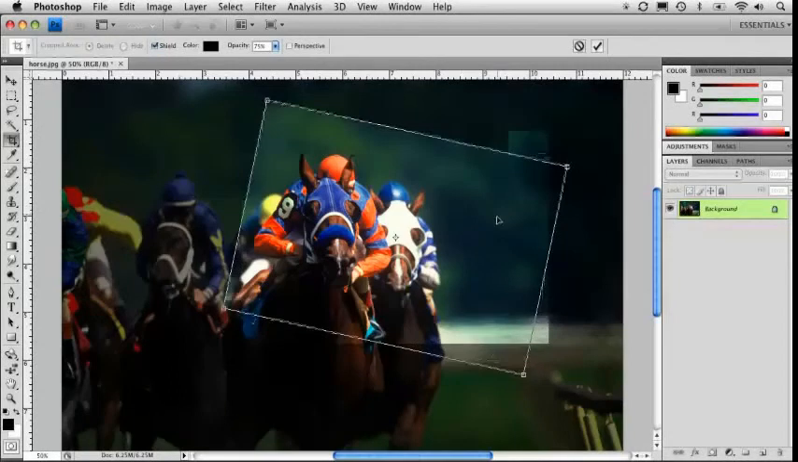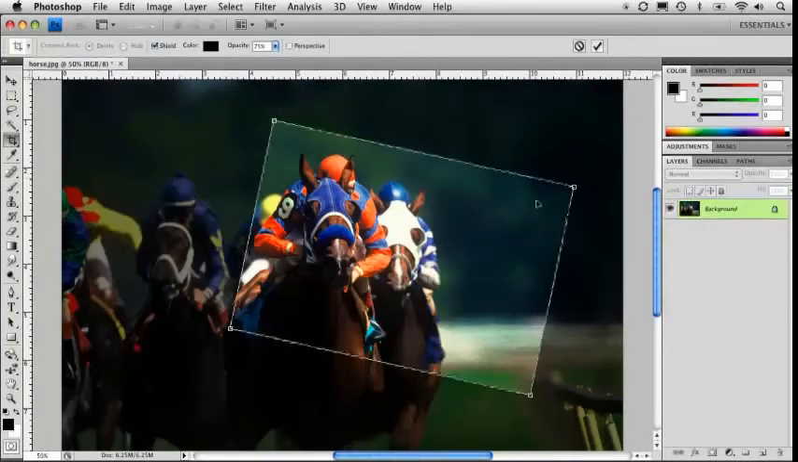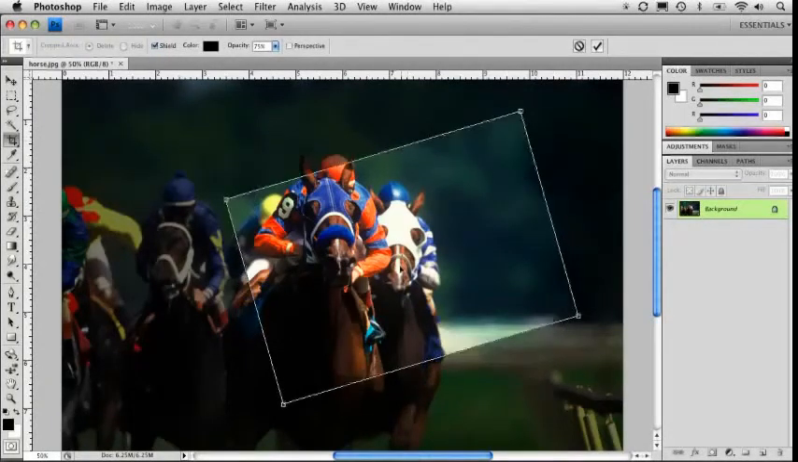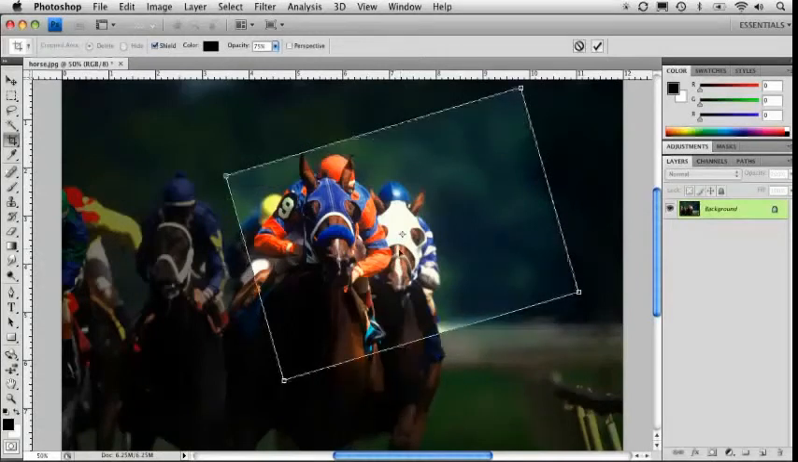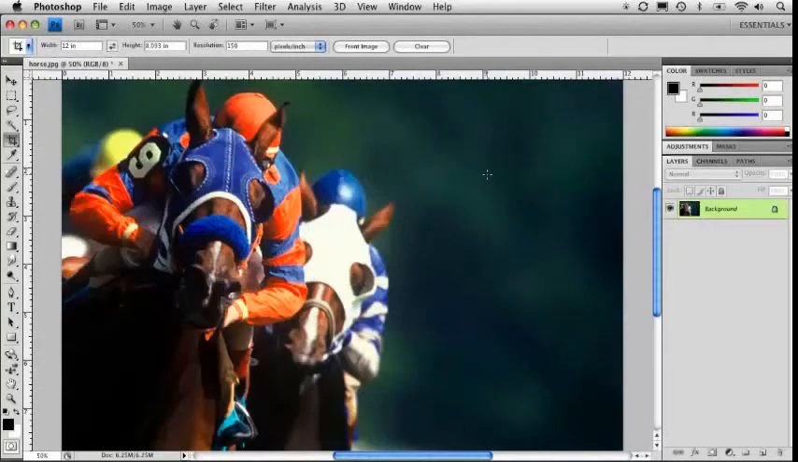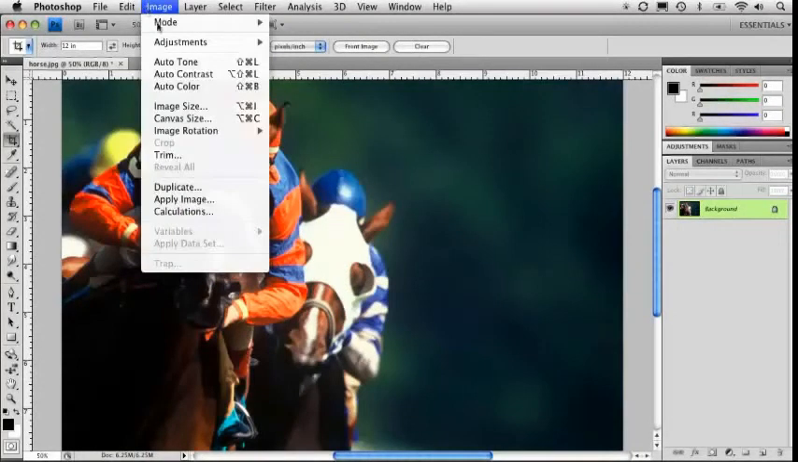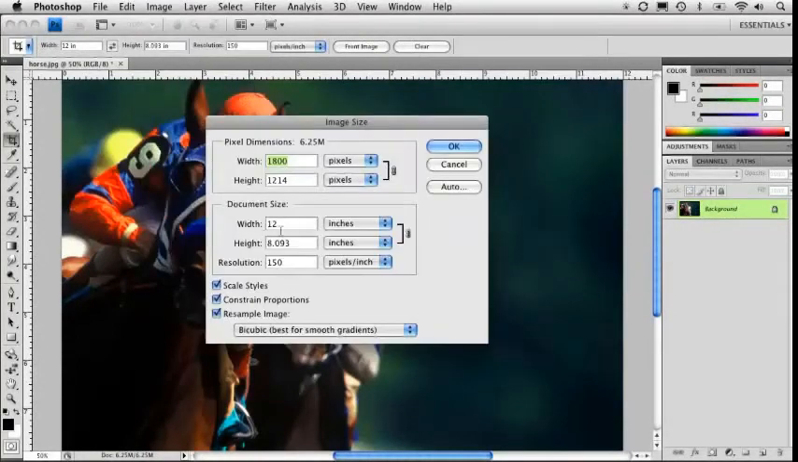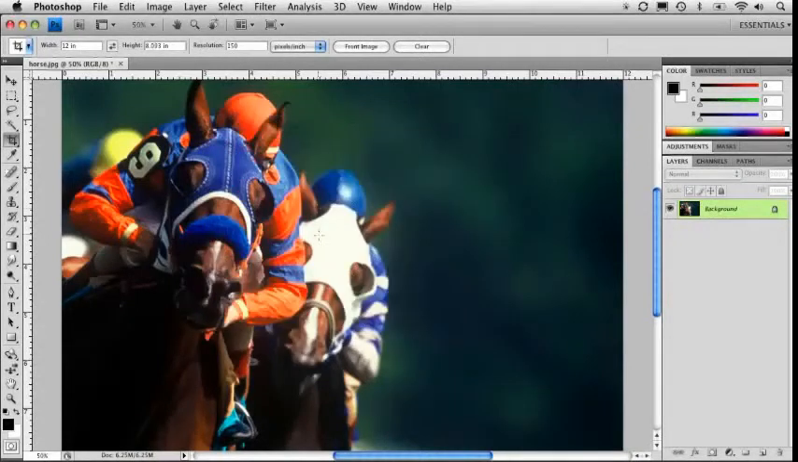So we can rotate that composition, and it might give us a little bit more interesting or dramatic image there. So let's go over here and take that and put it right about there. And when I press enter, we're going to get the same size document. If we go under image size, you'll notice that we're still in the 12 by 8, 150, but it's basically